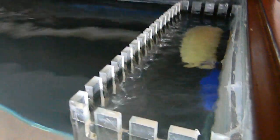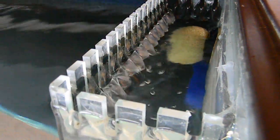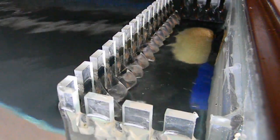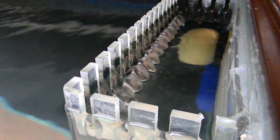Sometimes I put this sponge on there. I don't know if you can see. And it gives it a nice beachy sound, which I like, but there's my pump again. It sounds like the waves crashing, and I can deal with that sound, but the main thing I'm trying to do is